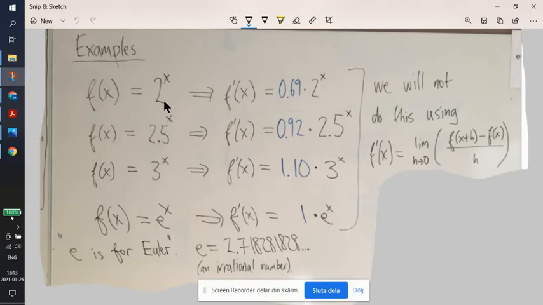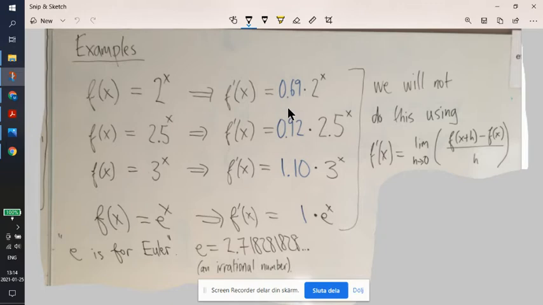Okay, so what are the results here? If this is the expression, then this is the derivative. You see from the color coding here that we have 2 to the x here and here. So that means the derivative function is the same function, except that it's multiplied by this 0.69 here. Okay, so this is our rule in this situation. Now, this might seem a little bit mysterious, but I will explain more later on, and things will start to